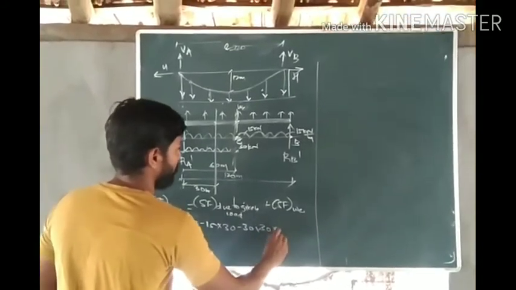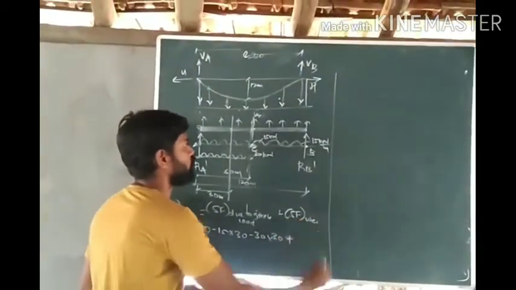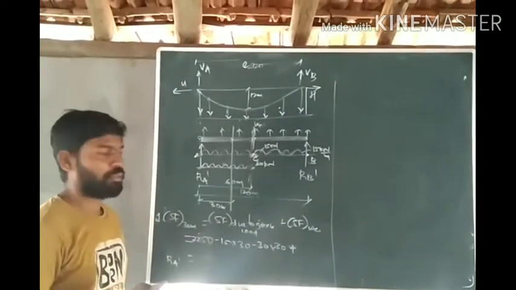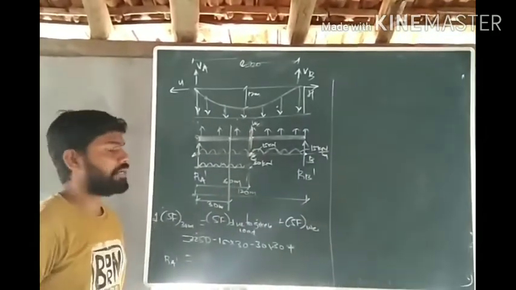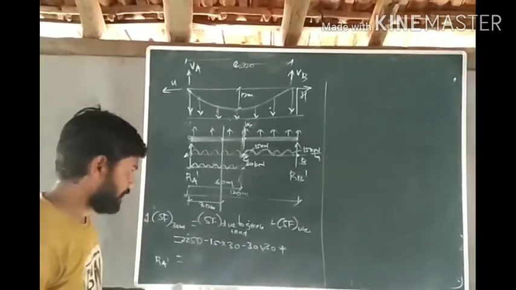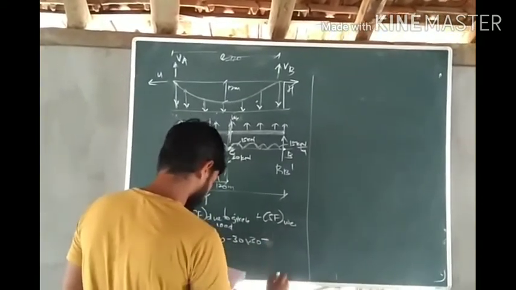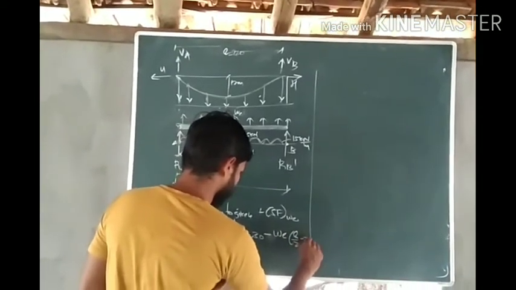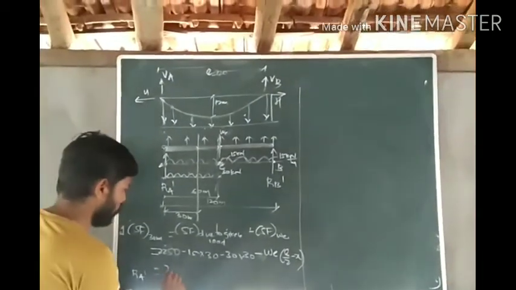We have not substituted the value of shear force due to WE. So now how will you calculate the shear force due to WE? We have derived one formula for it. If the UDL WE is there, and you want to calculate the shear force at any location X, that formula was derived at the start of the lecture. That is minus WE into bracket L by 2 minus X. Okay. So now just substitute all the values.